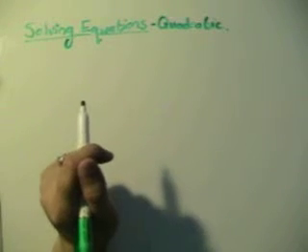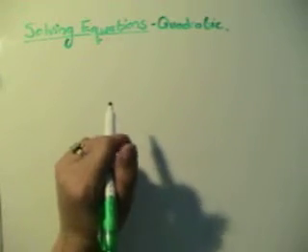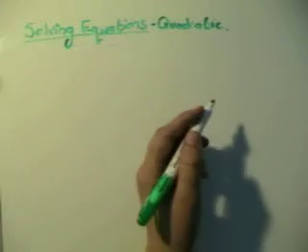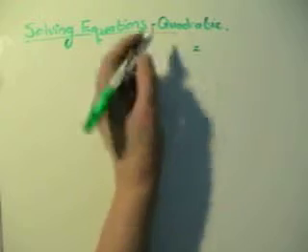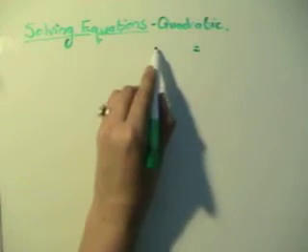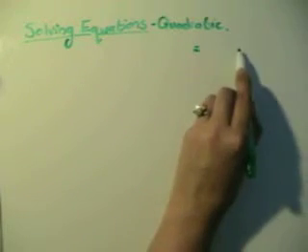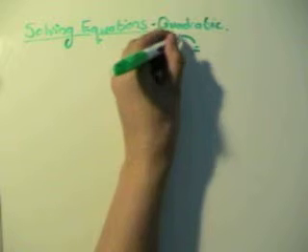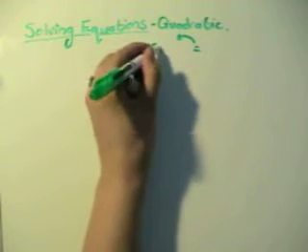Solving of quadratic equations, solving of equations that are in quadratic form. Now when you treat quadratic equations, unlike linear equations, where, if you remember, you want to get all of the x's on one side and all of the numbers on the other side, if I see that this is a quadratic equation, what I want to do is get everything on one side,